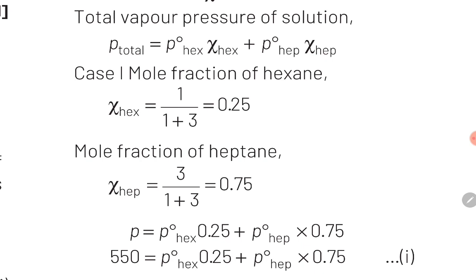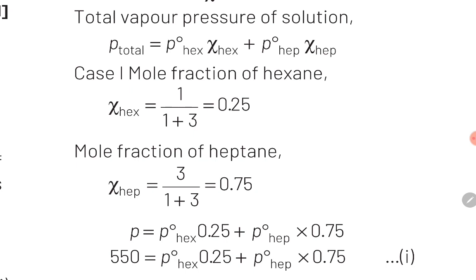Similarly guys, mole fraction of heptane can be calculated by using the equation number of moles of heptane divided by total number of moles. So for the first case, x of heptane will become equal to 3 divided by 1 plus 3, which is equal to 0.75. Guys, once we know the values of x hexane and x heptane, we can substitute that into